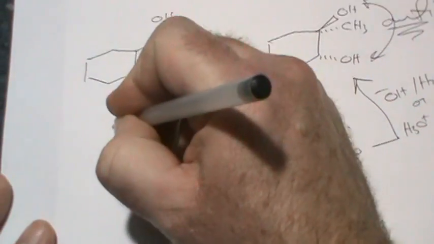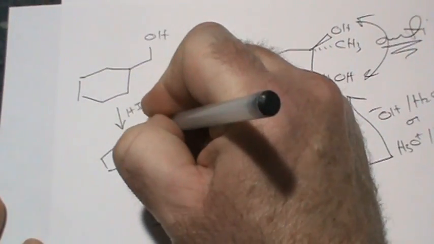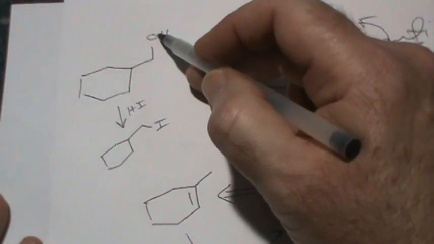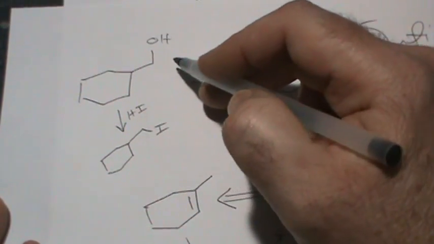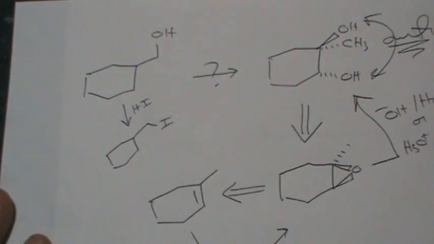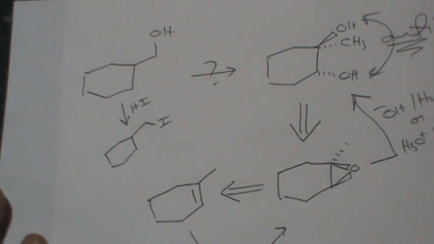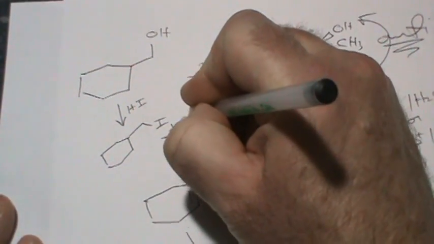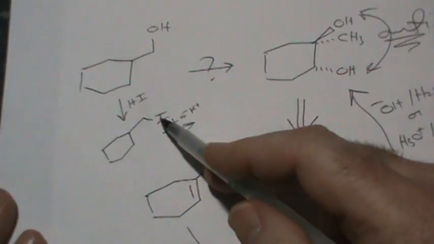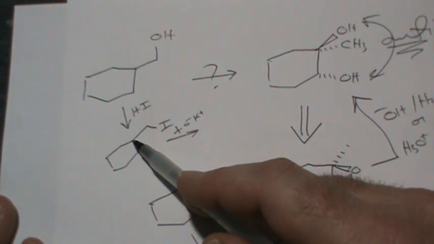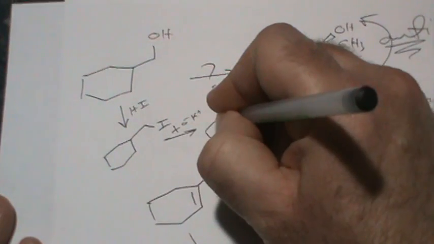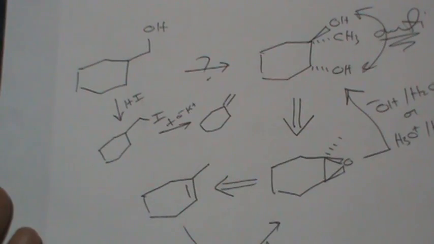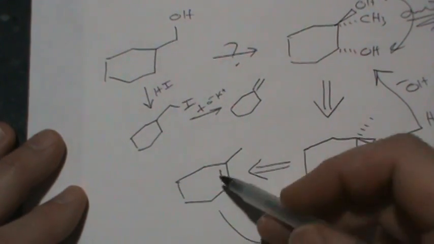So let's just treat this with HI. This is that special SN2 reaction. First we'll protonate the OH to turn it into OH2 plus. Water is a good leaving group. Plus I minus, which will come and kick off the water and give me that iodide. I can then do an E2 elimination using my E2 base of choice, but because the leaving group is out here, my alpha carbon, there's only one of them, is right there,